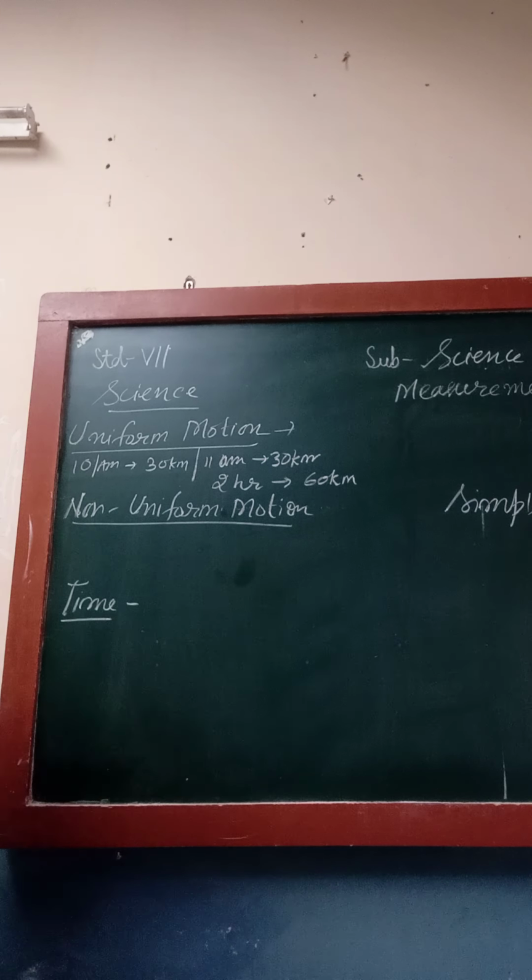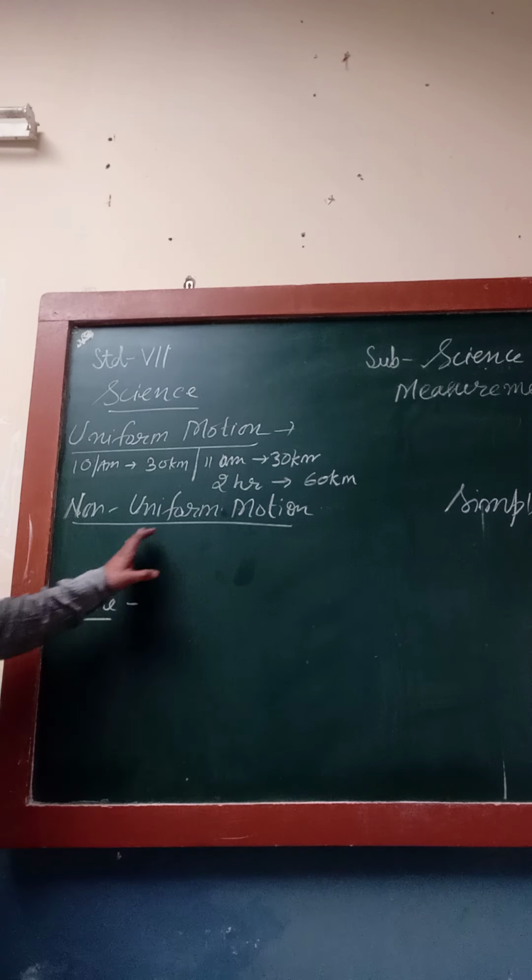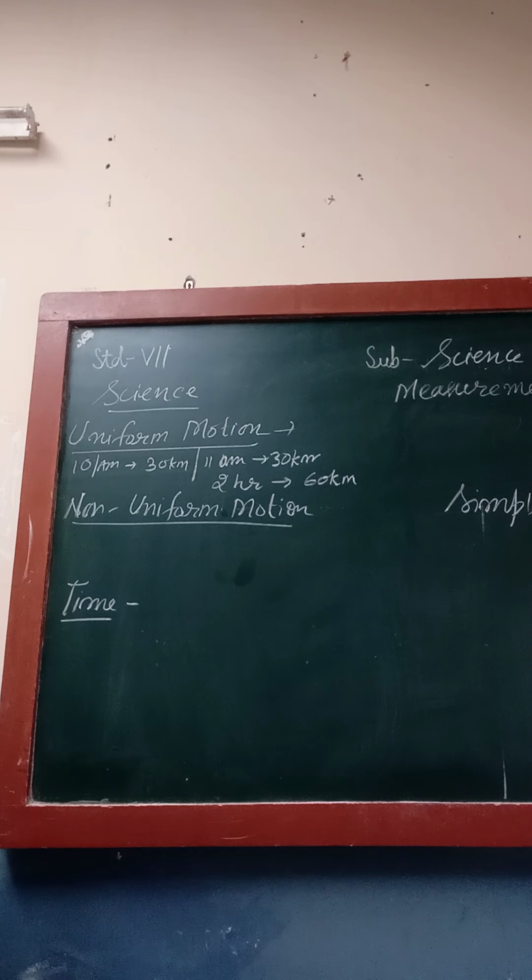Such kind of motion, in which the car or the vehicle is covering the same distance in a given interval of time, we say is uniform motion. Whereas just opposite to that is non-uniform motion. In this condition it is quite clear that the car or the vehicle will not continuously travel a fixed distance in a given interval of time.